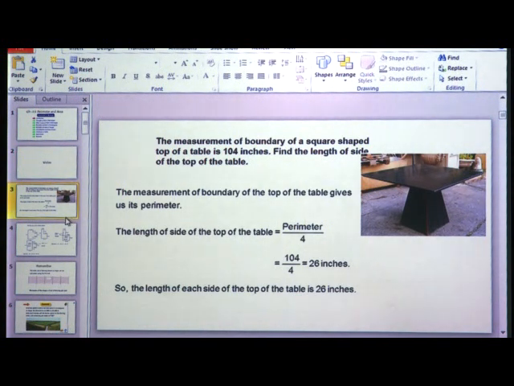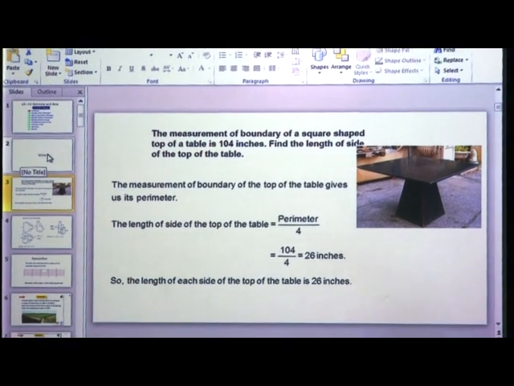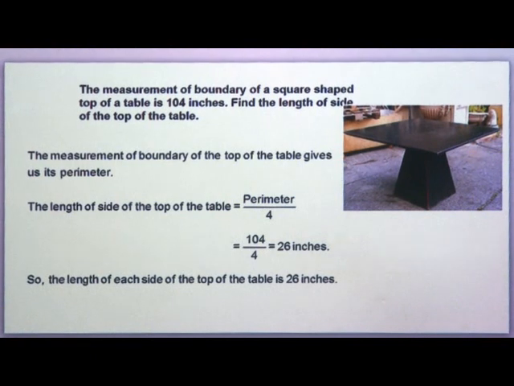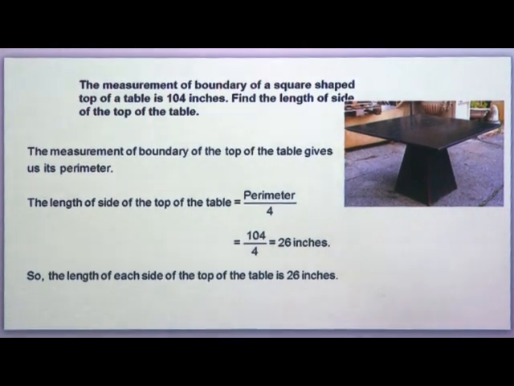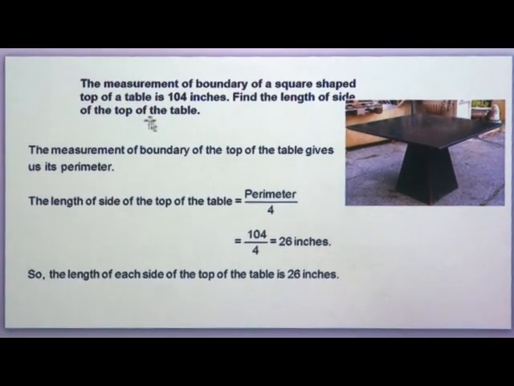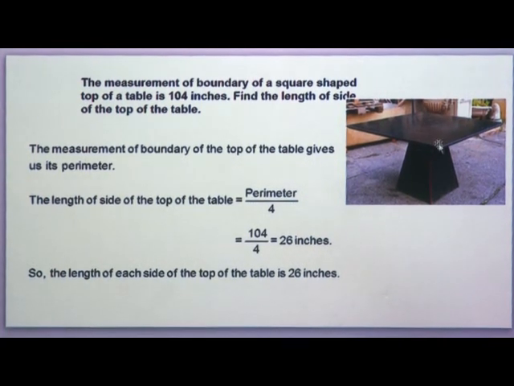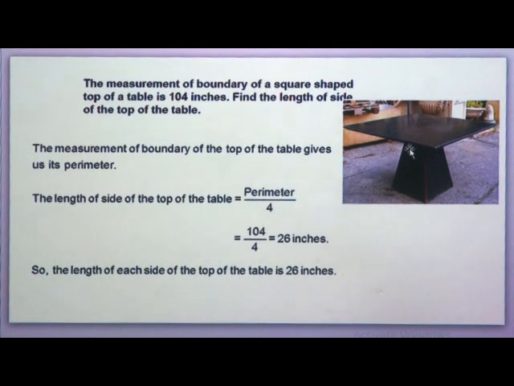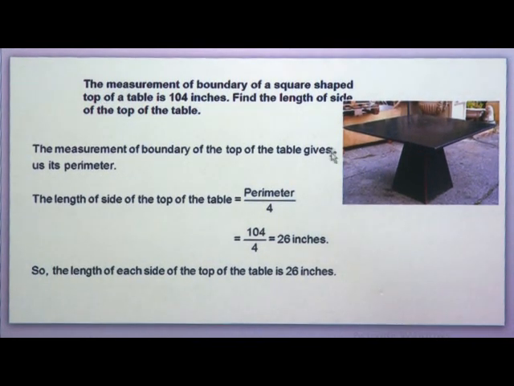Now, while seeing the video, you understood that we can find the area of different shaped figures as well as their perimeter. Today we will have some more examples, so it will be easier to understand. You might be seeing a picture over here, which is a table in a square shape. So, we will see what is to be found in the given question.